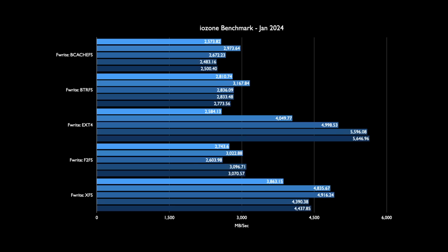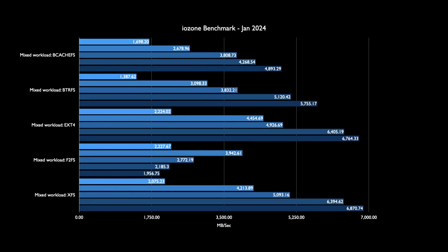ext4, of course, is not copy on write. XFS, I think this is an area where we saw this kind of behavior before, where it was able to handle 3, and then when it got to 4 and 5 workloads, it kind of backs off. So mixed workload, that is reading and writing a file in place. And so, yeah, that typically would be a system that is updating a structured file, one that had records in it, for example. Those type of workloads,